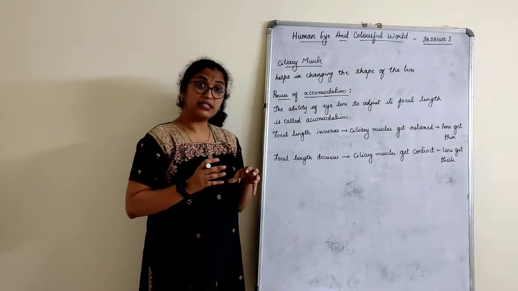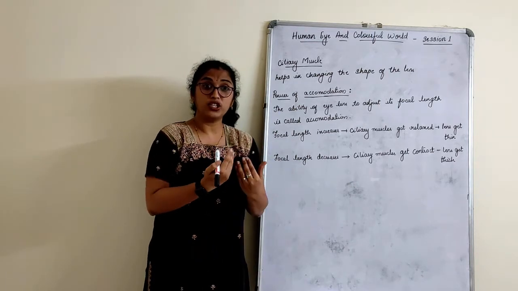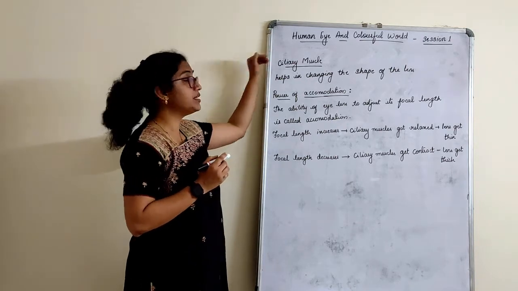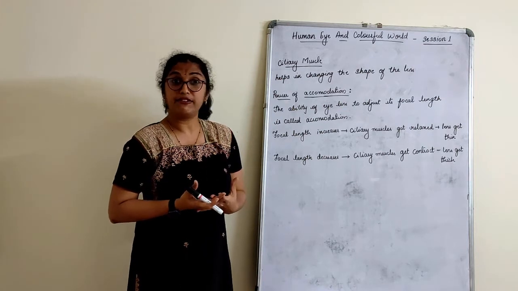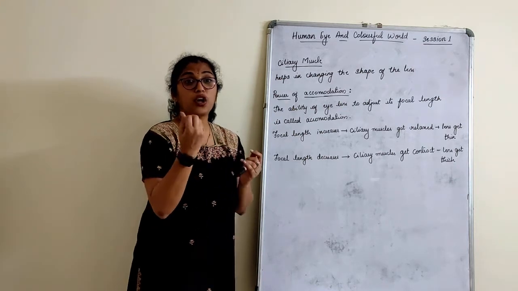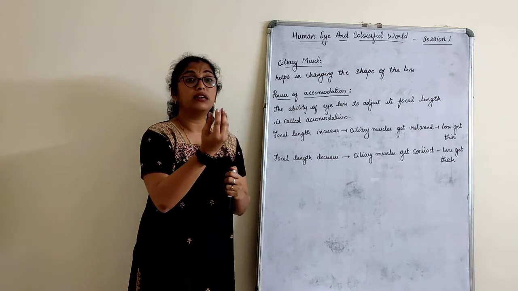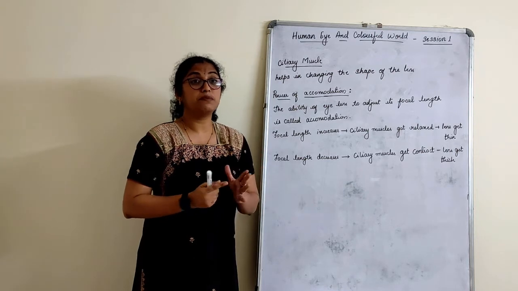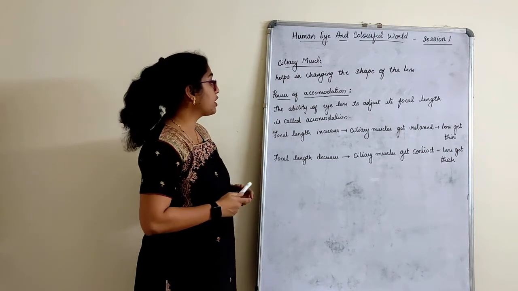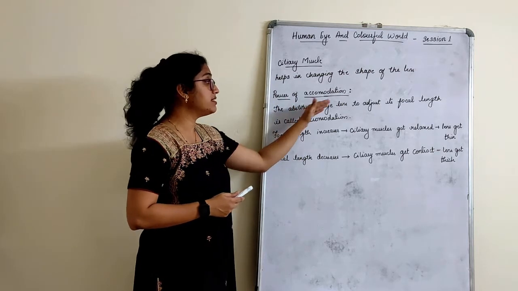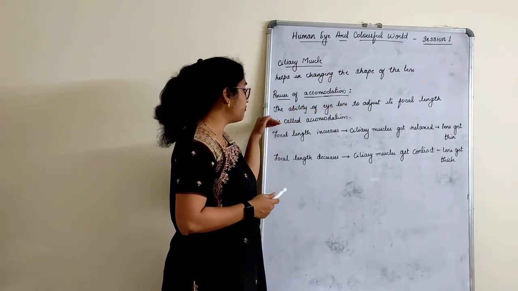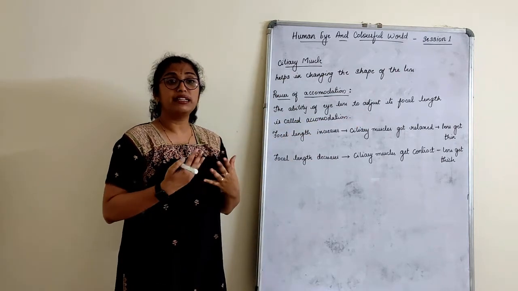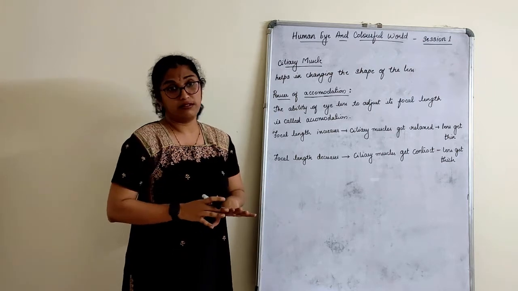But in our eye, the lens is fixed. Now, how do we change? How can it change the focal length of the lens? That's only because of the help of the ciliary muscles. They can contract and they can relax, right? That is how the focal length can change depending upon how far or near the object is that it has to see, which is called the power of accommodation. Power of accommodation is the ability of an eye lens to adjust its focal length. Its focal length will get adjusted according to the need, right?